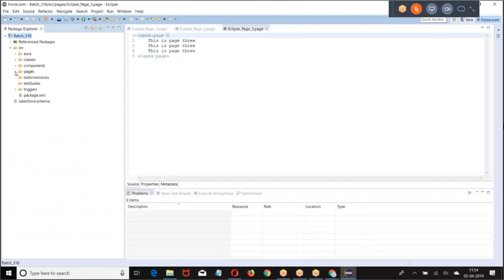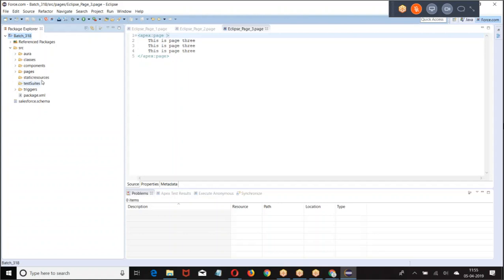There is a reason people are going for version control. In Eclipse, we can have version control. We can have local version controlling. That's the second one. Now, if you go with a change set, we can deploy from sandbox to the associated production. But whereas in Eclipse, from any org, we can deploy to any org.